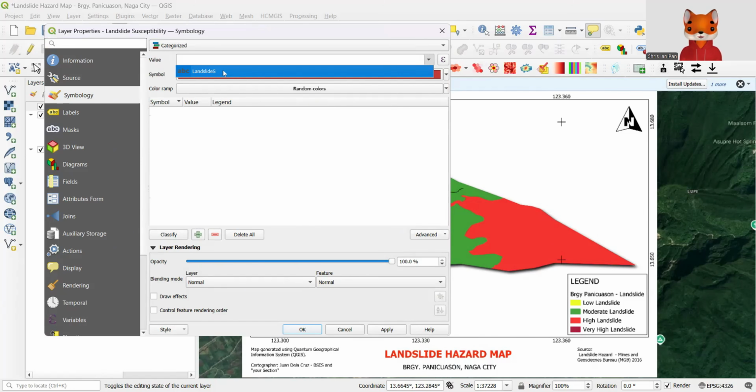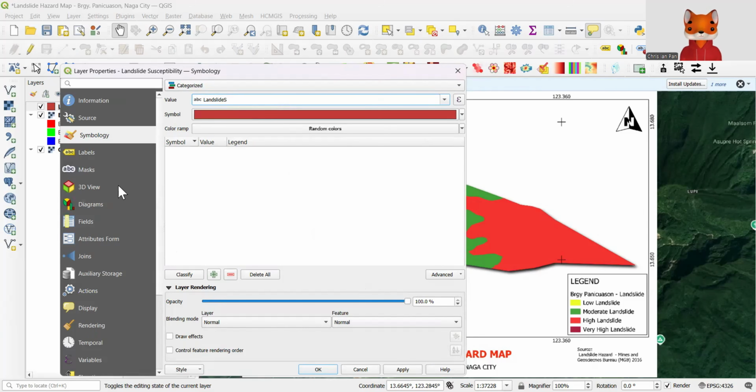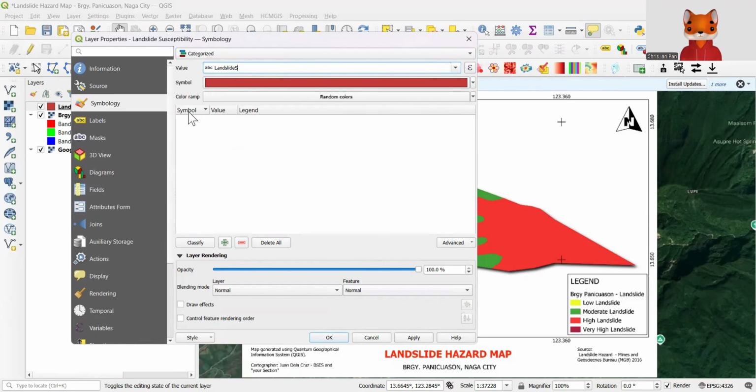Once you select categorized, we will categorize the landslide susceptibility levels. Under value, you select landslide S. Then we only have three colors: the low, the moderate, and the high. So we will only select three symbols. To do that, under symbol, we have a plus icon which is add. We will add three. You select three. One, two, and three.